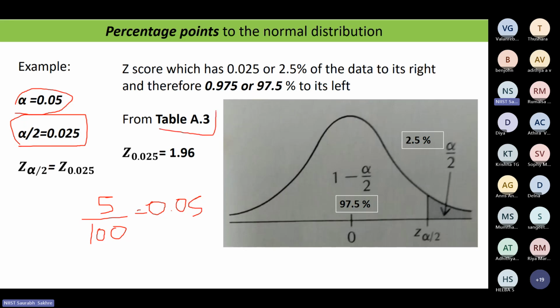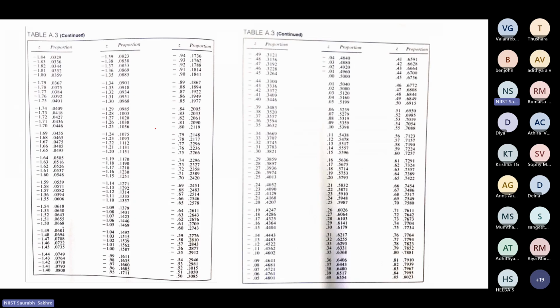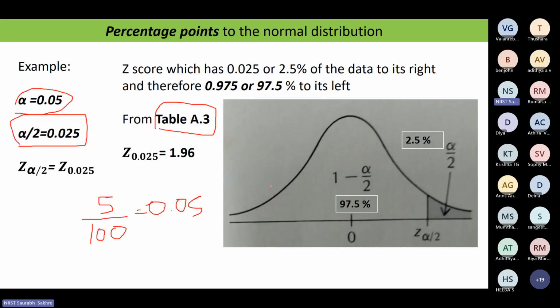Now again I will go to my table A3, which I have shared with you earlier also. Here you can see I have to look for 0.025. It will come somewhere here. 0.0250. You can see here it is related to 1.96. So my z alpha by 2 is 1.96. I am not taking the minus symbol now because anyway we have divided in 2. So for this side it will be plus, for the other side it will be minus. Minus 1.96, plus 1.96. So I am only denoting the numerical value of 1.96.